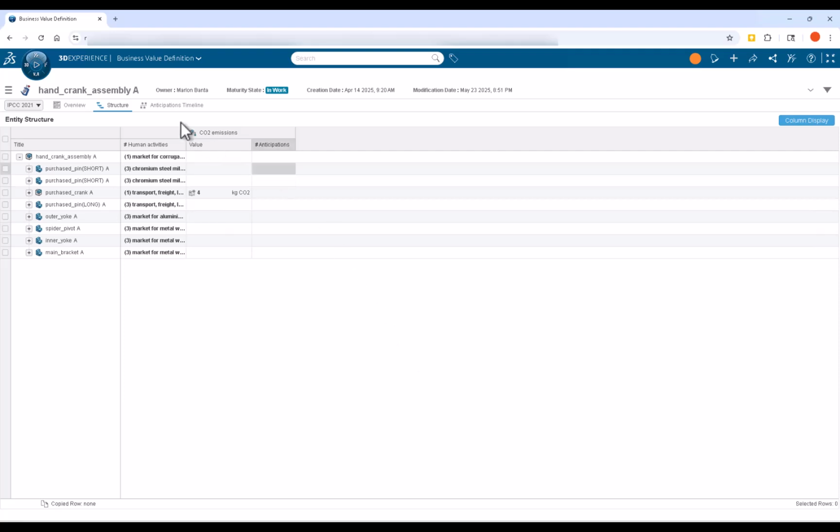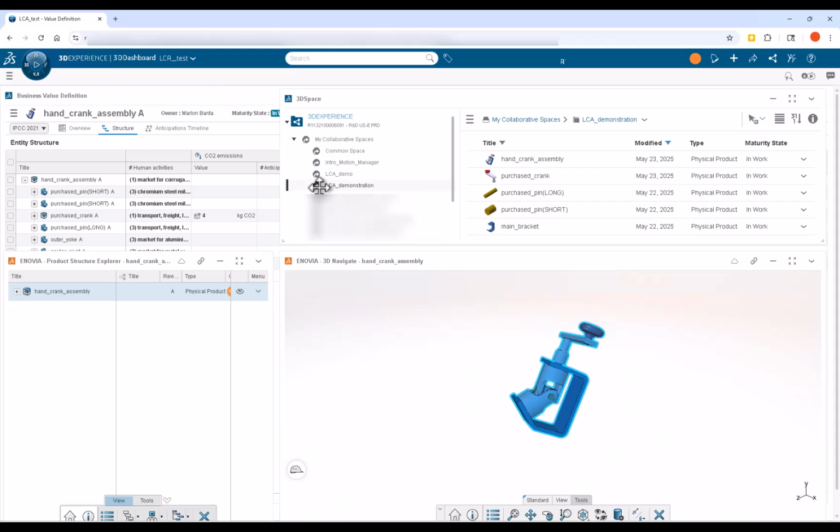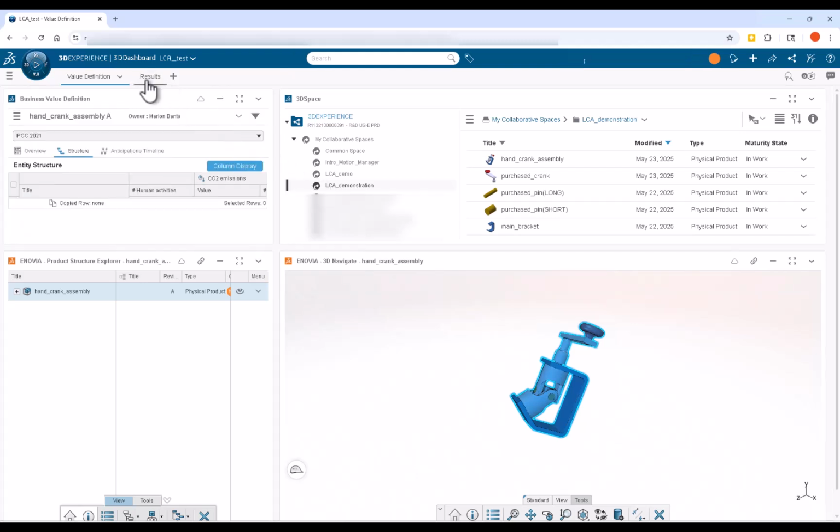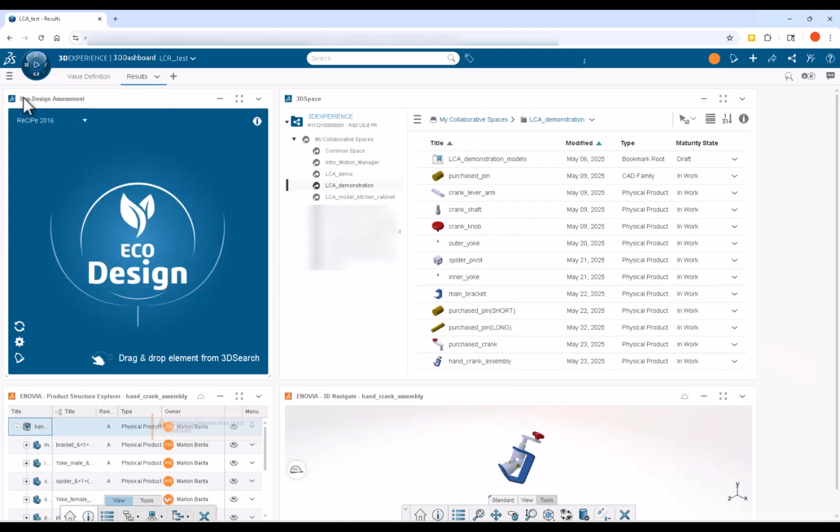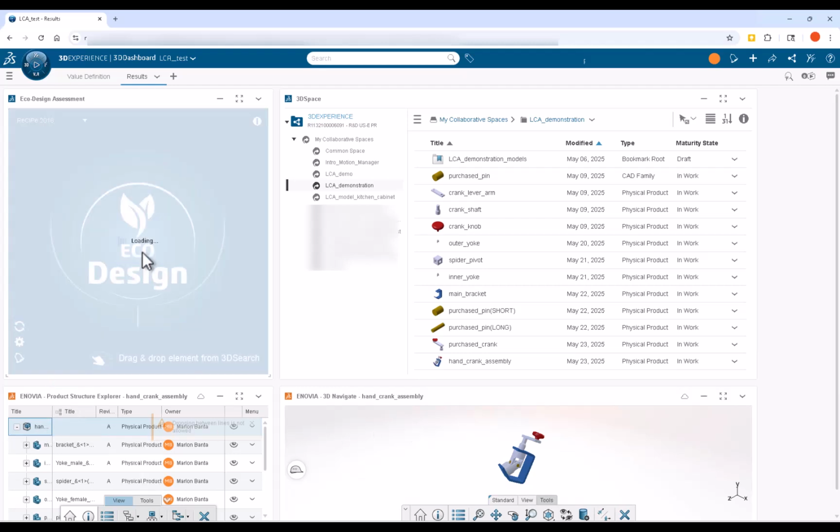So let's go ahead and view the life cycle assessment for the hand crank assembly. So we're going to minimize business value definition, and you can see that I've created a second tab on my dashboard, and this is results. And what I did is I dragged the application Eco Design Assessment onto this tab, and you can see that we have 3D Space, Product Structure Explorer, and 3D Navigate. To view the lifecycle assessment, I simply drag the hand crank assembly into Eco Design Assessment,